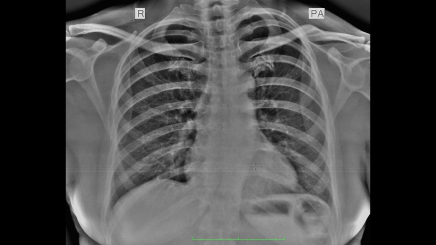Then coming to the cardiac silhouette, on the right side you see the heart border is formed by the superior vena cava, then the right atrium. The upper straight part is by the SVC, the lower curved part is by the right atrium, and in some tall and thin individuals, inferior vena cava can also be visualized. Then on the left side there is the arch of aorta, the pulmonary conus, the left auricle, and then the left ventricle, which forms the apex of the heart. So that is about the cardiac borders.